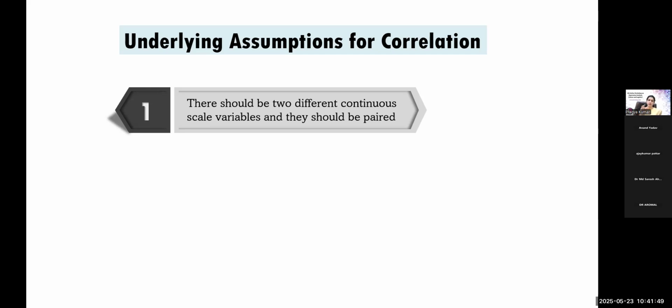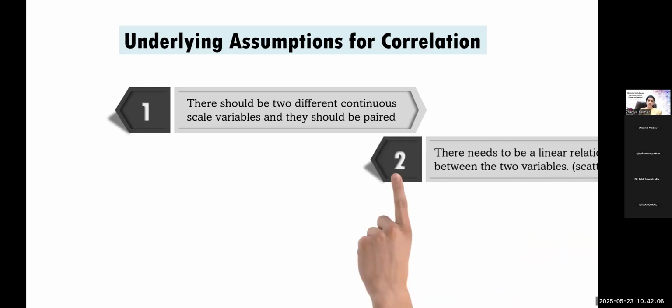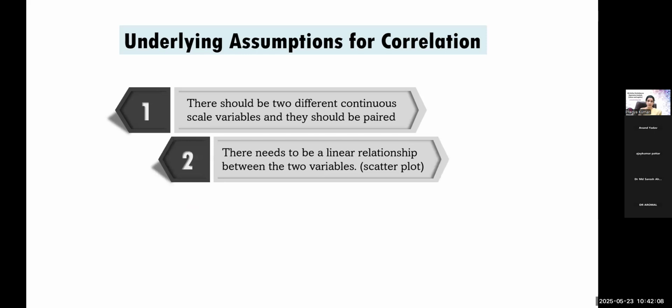Paired means it should be either from the same person or from two people. For example, if I take heart rate and exercise, these two values I am taking from the same person. So that's why it is known as a paired value, or paired variable. And the second assumption is that there should be a linear relationship between the two variables, which we test here. In case of correlation it is okay, but in case of regression, you will see that generally